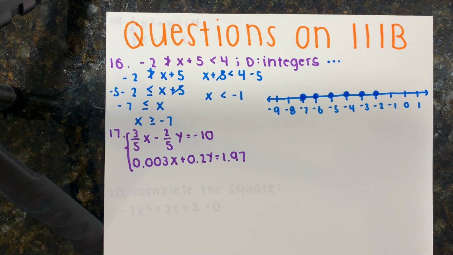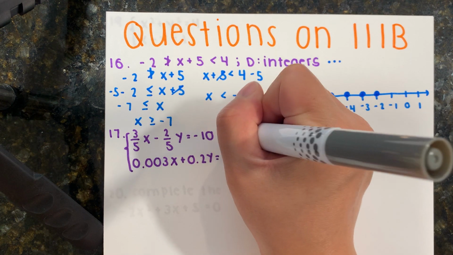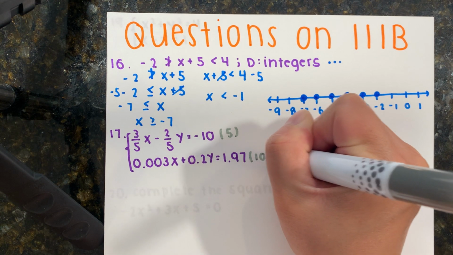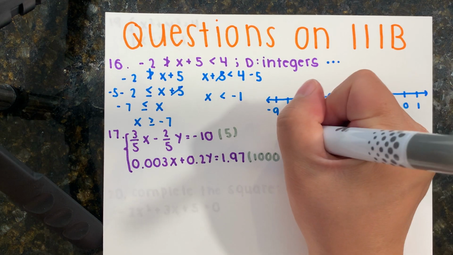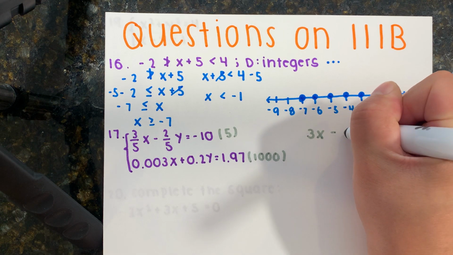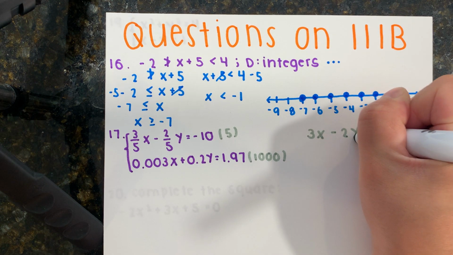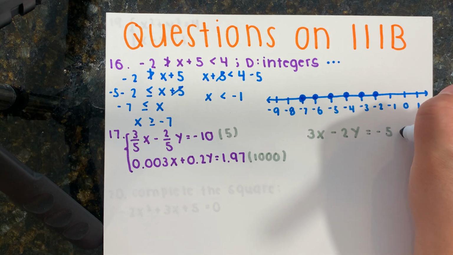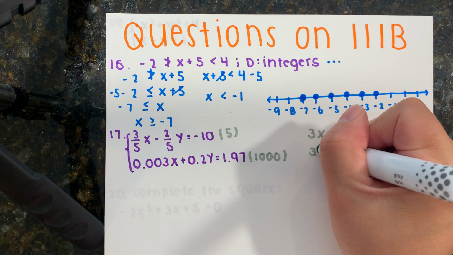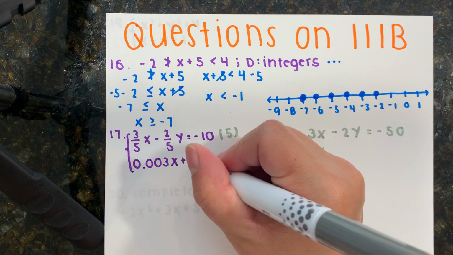Now for number 17, I'm going to start by multiplying this top equation by 5, bottom equation by 1,000 to get rid of the decimal place. In the top equation, I'm going to end up with 3x minus 2y equals negative 50. In the bottom equation, I would end up with positive 3x